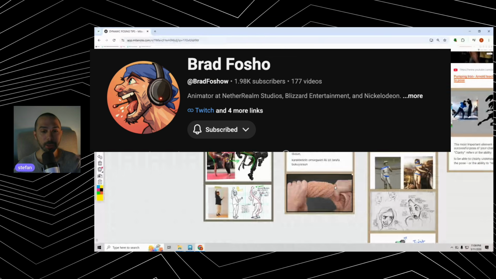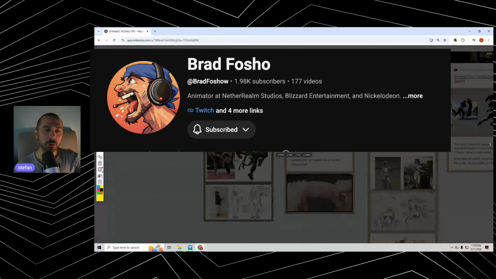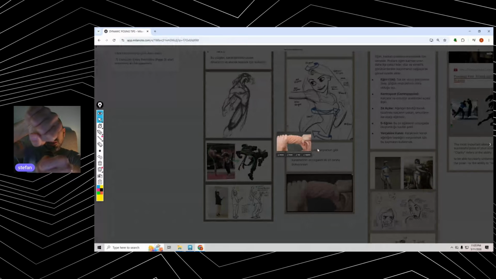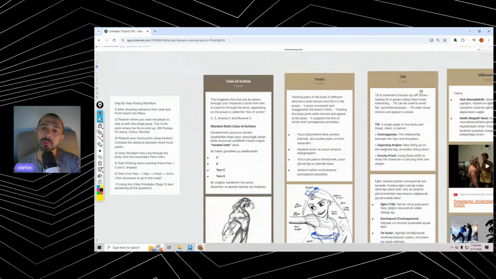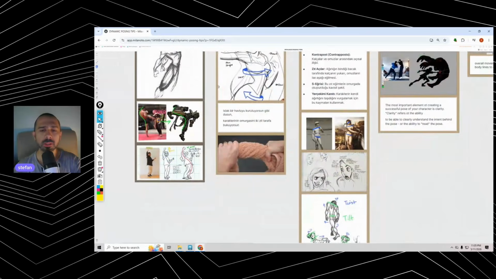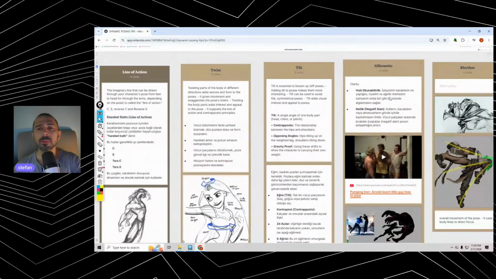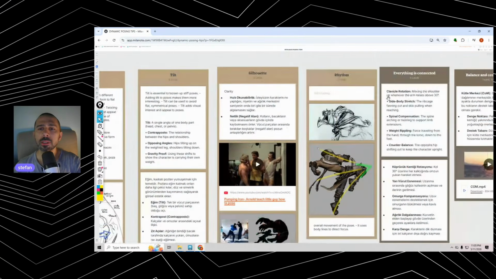And he talked about thinking about your spine as a towel that you can twist. So when you're pushing poses, you can twist the upper body. And he gave that visual example of twisting like you're drying a towel. So this is great for twist in the body. Tilt is great for loosening up stiff poses. And I'll talk about these later. And yeah, it's a bunch of posing lists here. You can look into it. There's rhythm,